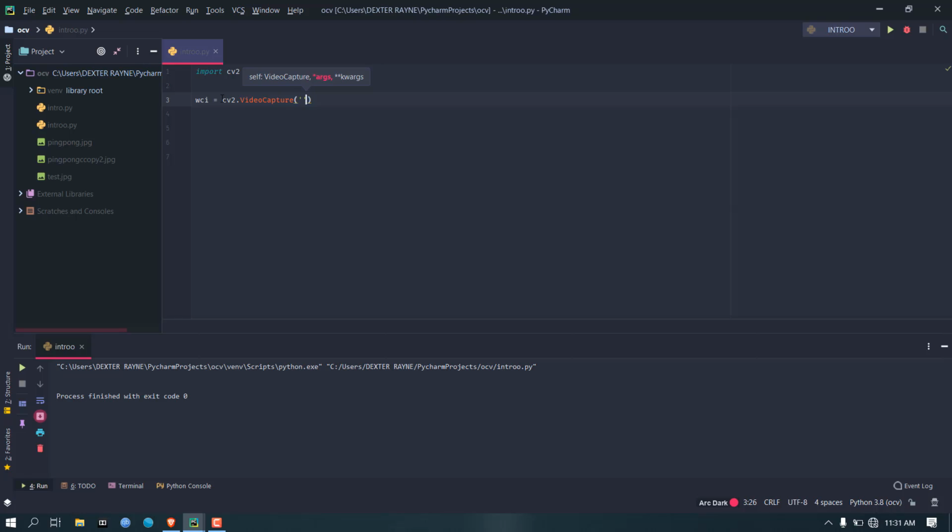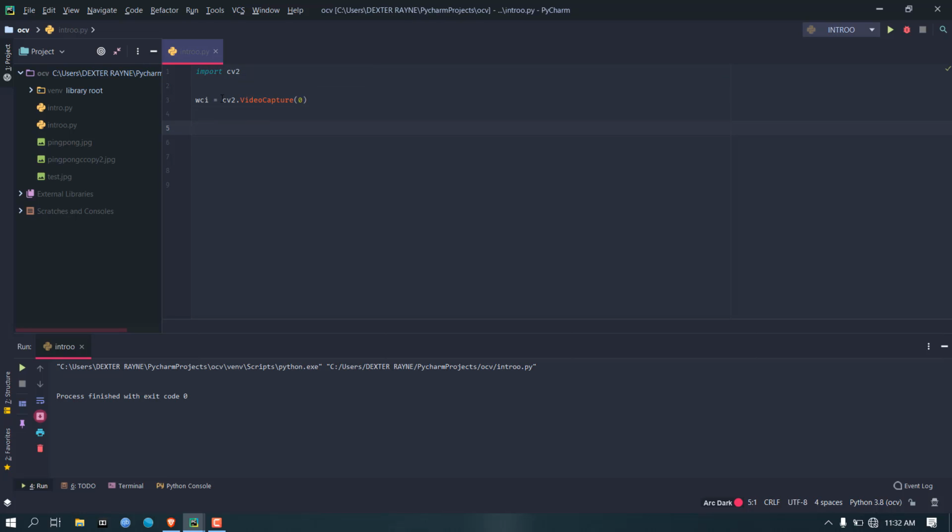And if you are taking input from a webcam, then you need to pass the index which is associated with the webcam. Now if you have just a single webcam in your system, which is the primary webcam connected to your system, only one, then you need to pass 0 here, and it will read from your webcam. If you have more than one webcam, then your index will increase: 0, 1, 2, 3, 4. If you have 5 webcams, the primary one is 0, then 1, 2, 3, up to 4. It starts from 0.